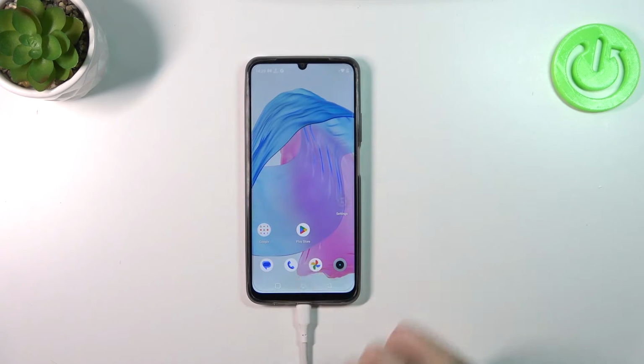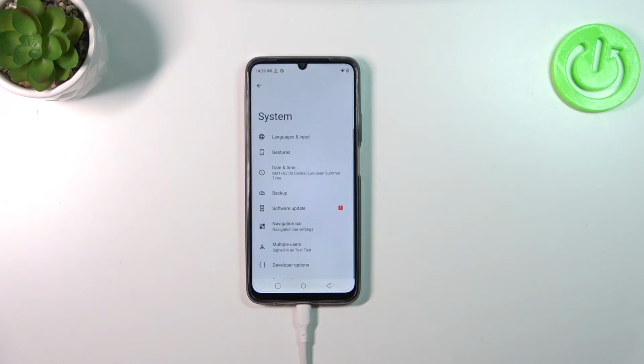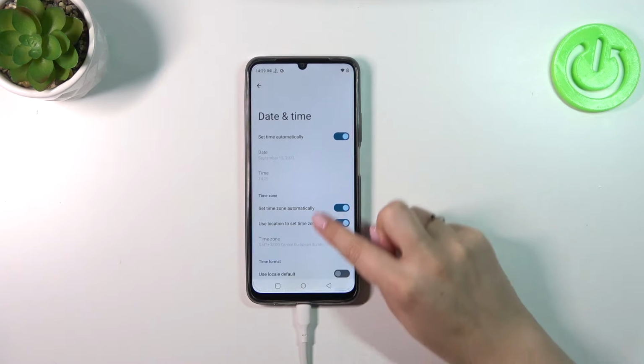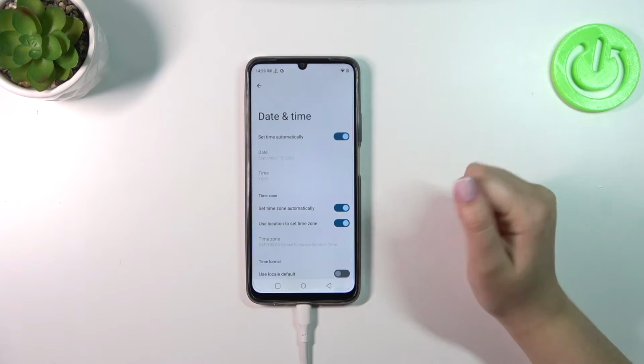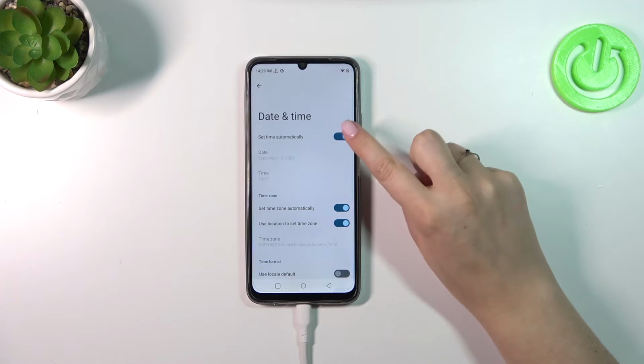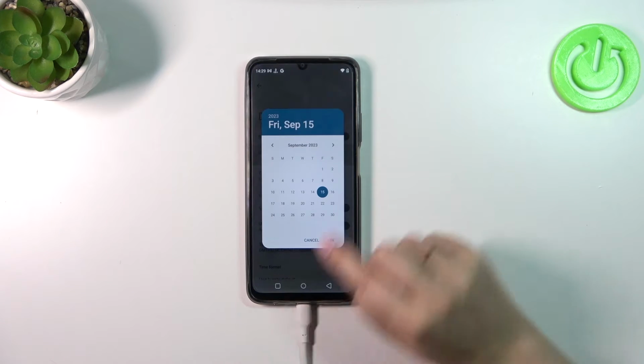So let's start with opening the settings and then let's scroll down to the very bottom to find the system. Now let's tap on date and time, and as you can see here we've got some options which we can or cannot customize because as you can see those are inactive. It is because we are using the automatic options. So first of all, let's turn off all of the switchers, and now we can freely tap on date and